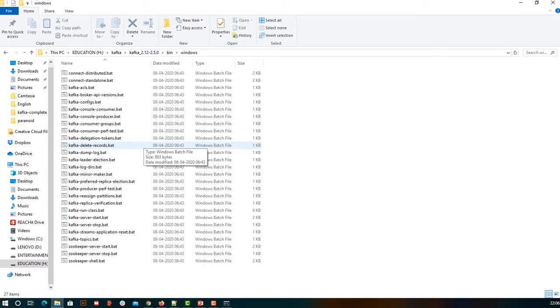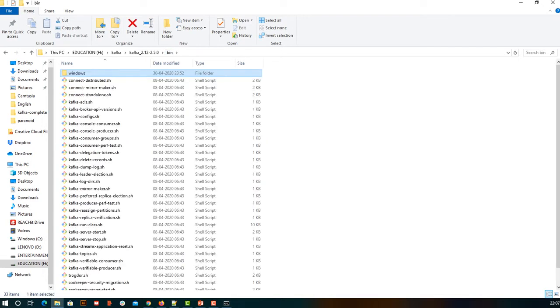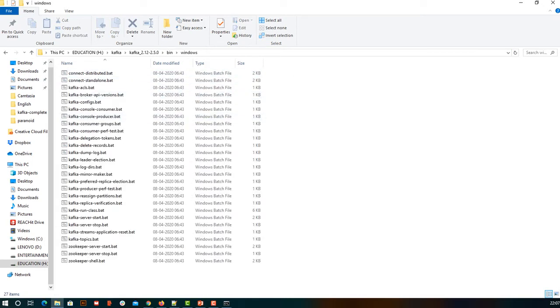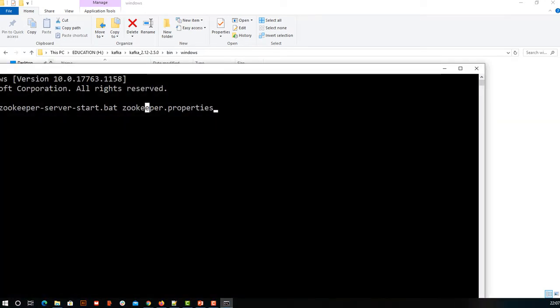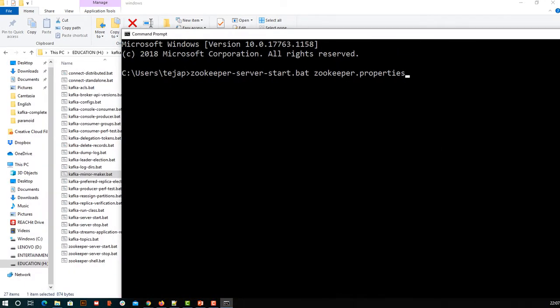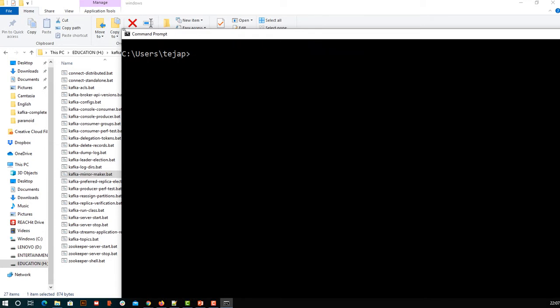Okay, so what I did is I added this bin path, this complete path, in my environment variable. Sorry, I have added the Windows path in my environment variable. So whatever executables or batch files I have in this path, I can open in any location in any terminal. So you need to make sure that you add it either in your environment variables, or you come to this path and then start. But yeah, I have added this in my environment variables. Let me delete this. Let me minimize the command prompt.